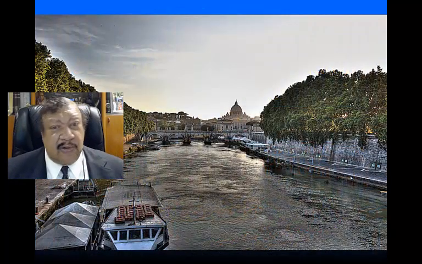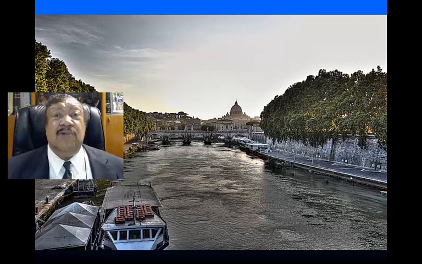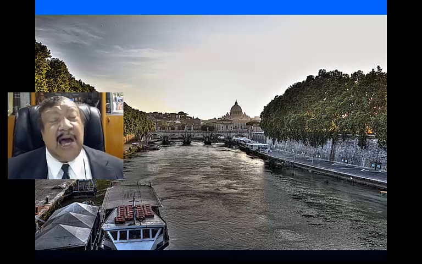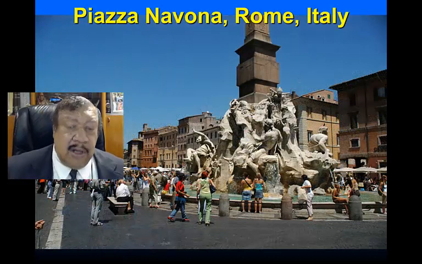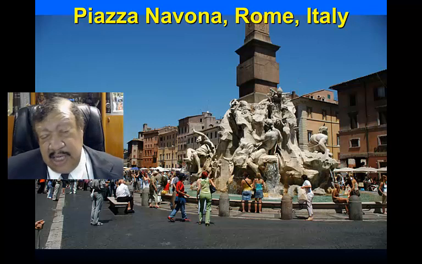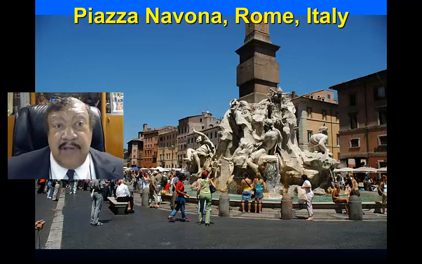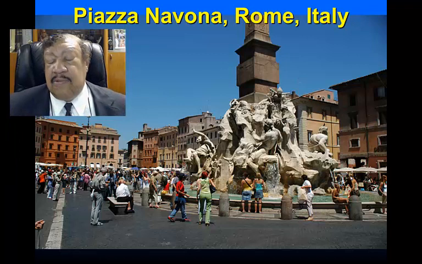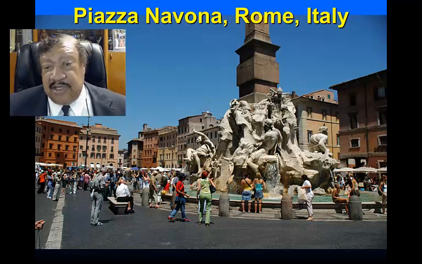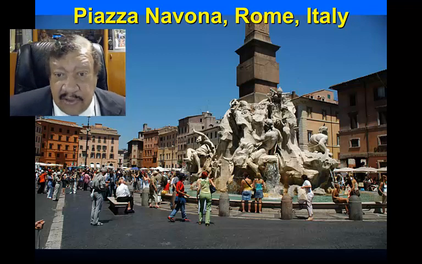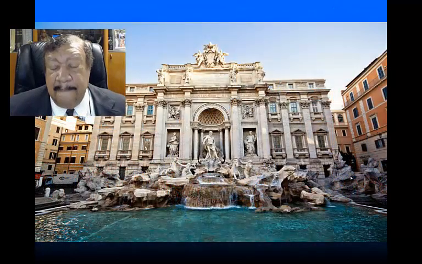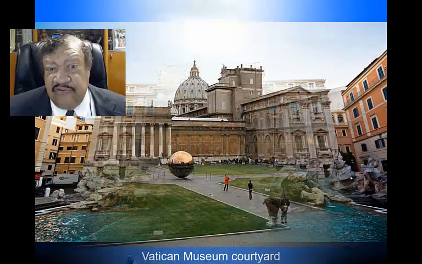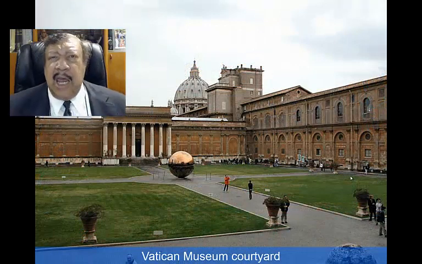And so Rome is a great place to be. Great restaurants, great places to buy leather, great places to buy material for suits and dresses and knits and fashions. And we have the Piazza Navona, which is very famous for its sculpture and moving fountains, the fountains like the Trevi Fountain. And you could sit there all day and enjoy this sculpture amidst the moving water. And when you visit the